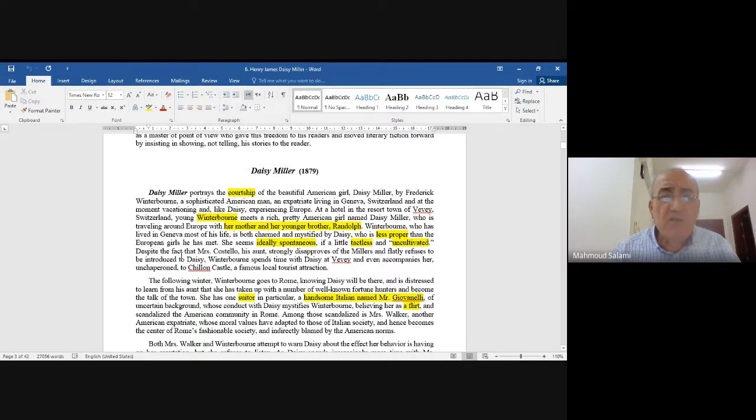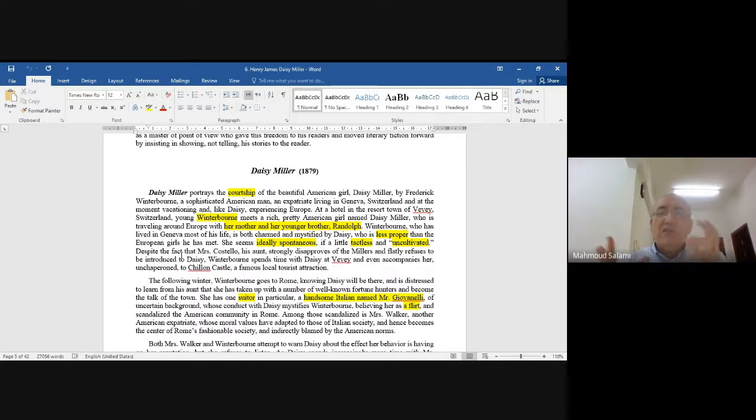So Daisy Miller, as you can see here, I give a brief summary of the story. It talks about this courtship, this love relationship between the beautiful American girl, Daisy Miller, and Frederick Winterbourne. Two Americans met in Europe. She's a nice, beautiful American girl called Daisy Miller, and the American man is called Frederick Winterbourne, a sophisticated American man, an expatriate living in Geneva, Switzerland, and at the moment vacationing and, of course, like Daisy,